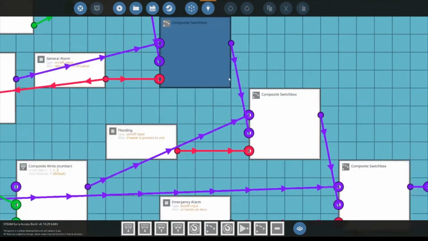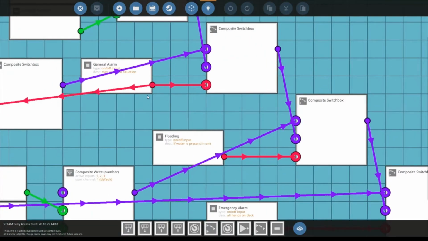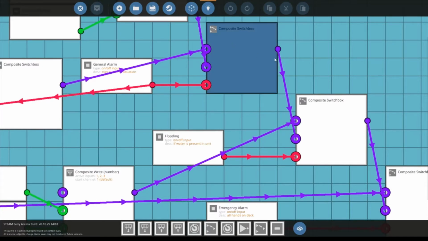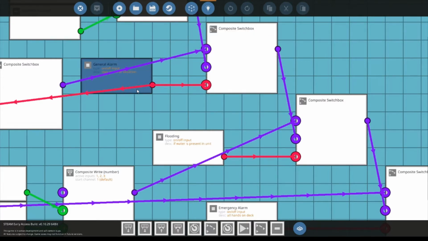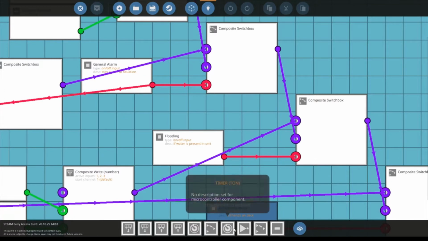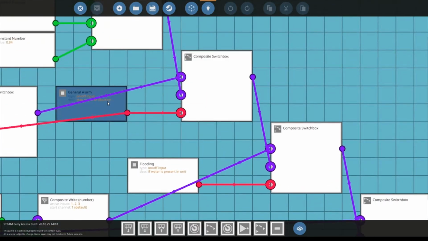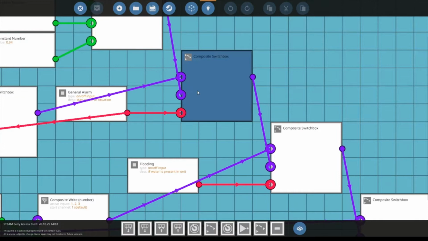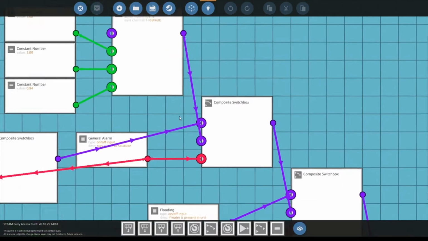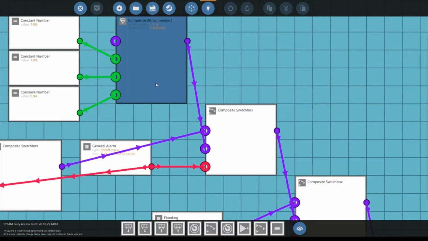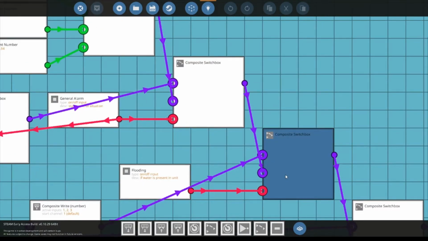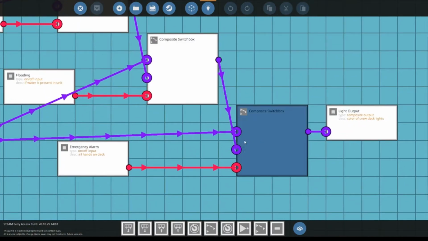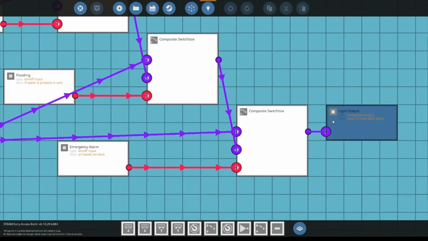And the switch box, you'll see that there are 3 switch boxes. And that essentially means, do we pull from this composite and send that on, or do we get from this composite and send it on? It's just a generic switch box, and those are set up to the 3 statuses. So if this is not occurring, it passes the all clear on to this one. Is there flooding? No. Send all clear. Is there an emergency alarm? No. Send all clear to output.